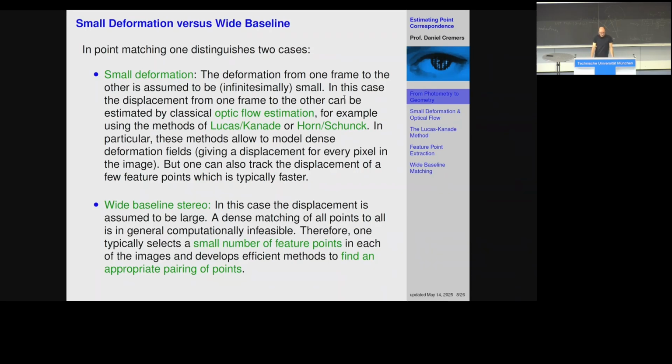Typically, in correspondence estimation, you distinguish two cases: the case of small deformation, small displacement, and the wide baseline stereo or large displacement stereo. For small deformation, there are a lot of algorithms that work fairly well, and by now we have algorithms that are very fast as well. For wide baseline, it's a little bit more tricky. I showed you why, because the correspondence problem is just more difficult then, and we'll see more examples in a little bit. The nice thing is these two